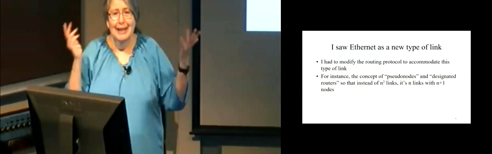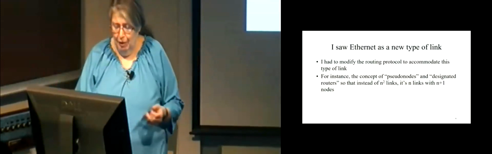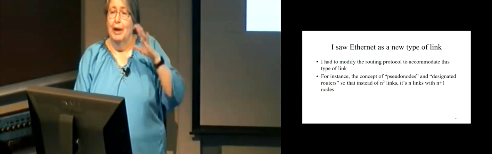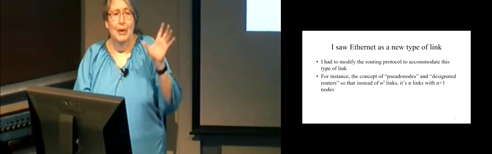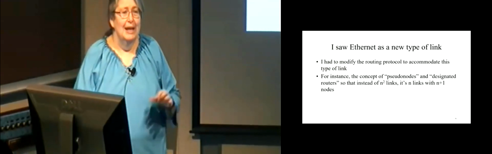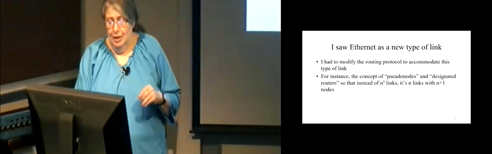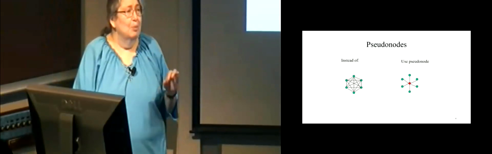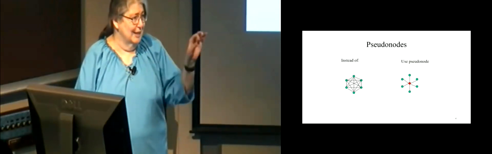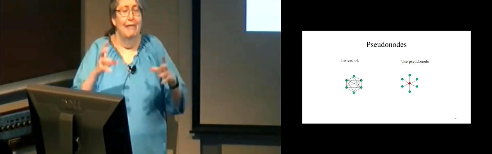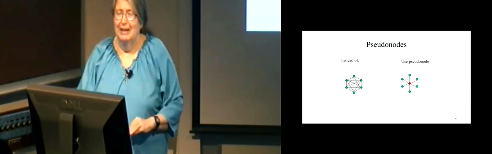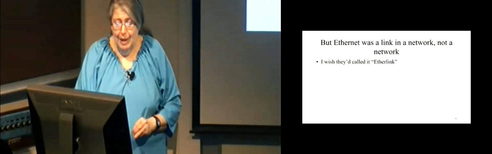One example of a little thing that I did, I didn't think any of these were terribly profound, was that with the link state protocol I talked about before, everyone has to report all of their links. So if you had an Ethernet with 500 nodes and everybody talks about their 499 neighbors, it gets to be a big database. I said, okay, let's pretend there's one extra node, which is the Ethernet itself, and everybody just says that they're attached to that. So instead of 500 nodes with their neighbors, you have 500 links and one fictitious node, but no big deal.